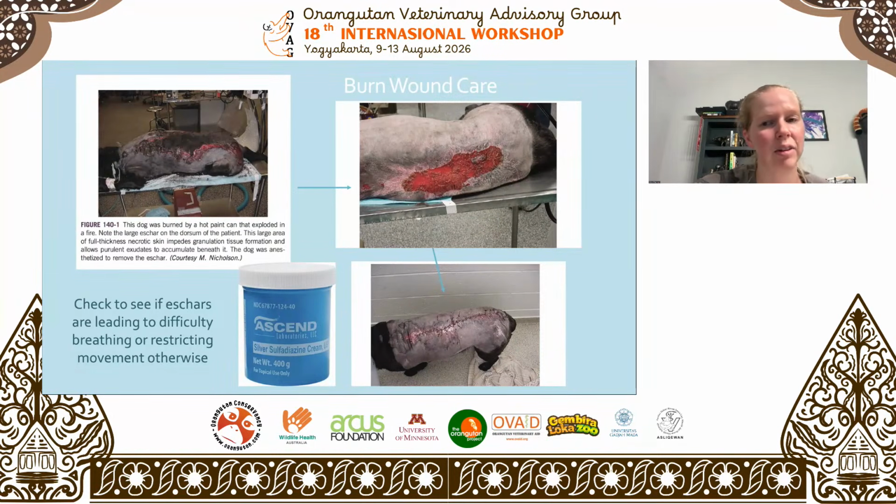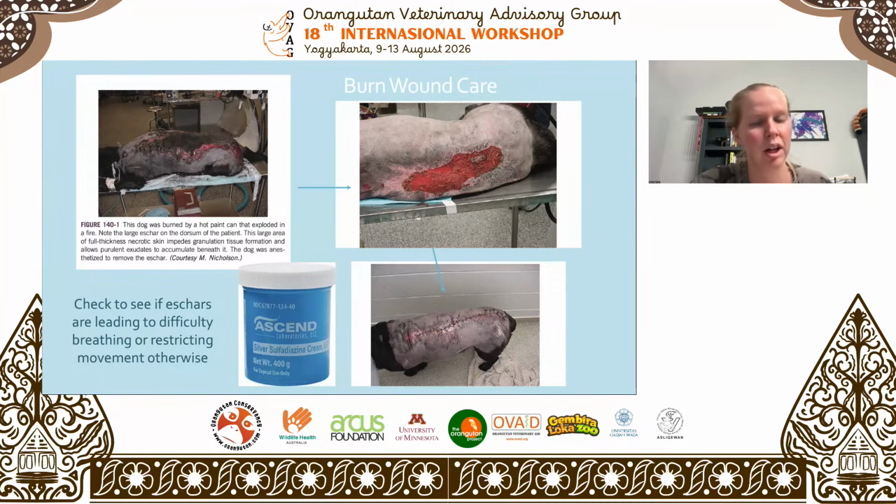Unfortunately, our patients' bodies have evolved to try and make this eschar, but it doesn't really help them. Especially if the eschar is, for example, across the entire torso, it can be like a straitjacket and your patient can be unable to breathe. Or otherwise, there's a lot of damage under that eschar that is not going to be able to heal when the eschar is over it. So even though it is painful, it is really recommended to anesthetize your patient and remove the eschar